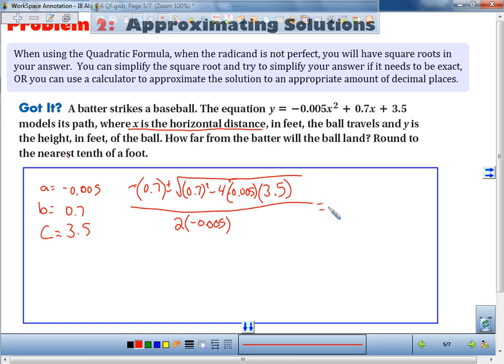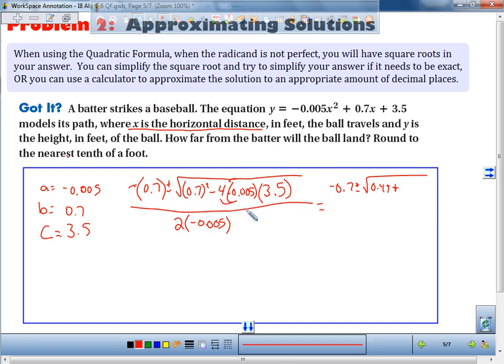Okay, and then I can simplify everything here. So we have negative 0.7 plus or minus the square root. 0.7 squared is going to be 0.49, minus, now here we might need to use a calculator, negative 4 times negative 0.005. A negative times a negative is going to be positive, so I can say plus 4 times 0.005. So we get